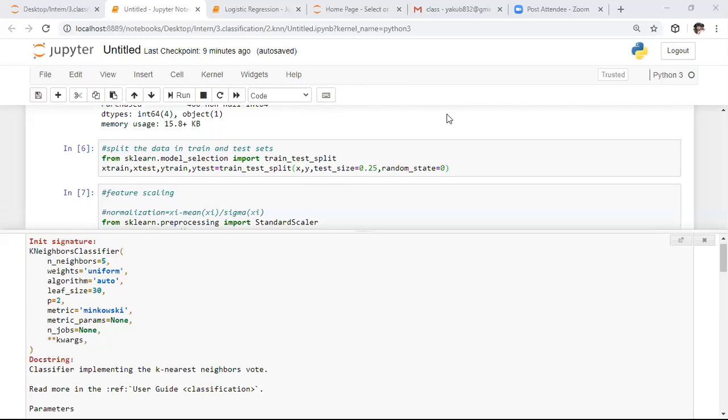By default weights are considered as uniform, meaning based on all the points present in the circle, it will give the new data point's category. If you give the inverse distance for the weights, it will give more priority to the nearest points to the query point and less priority to far away points. That is nothing but weights.